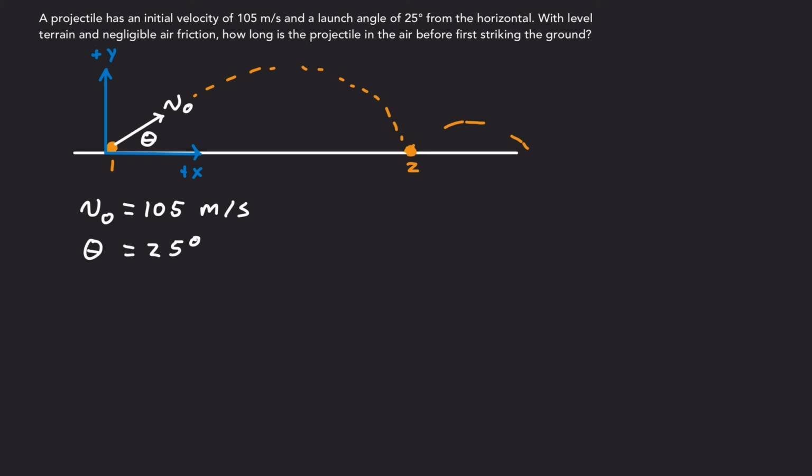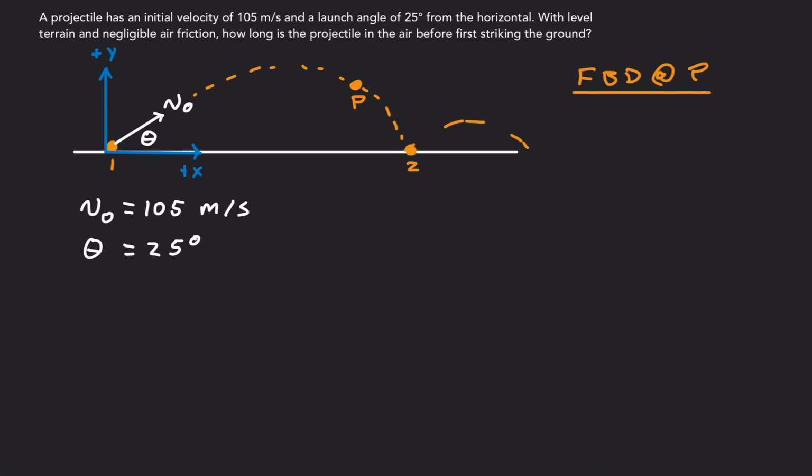Now, if we look at the free body diagram of this particle at an arbitrary position, call this point P. So let's look at the free body diagram at point P. So we have our ball, and the only force acting on it is the force due to gravity. If we apply Newton's second law in the x and y direction,